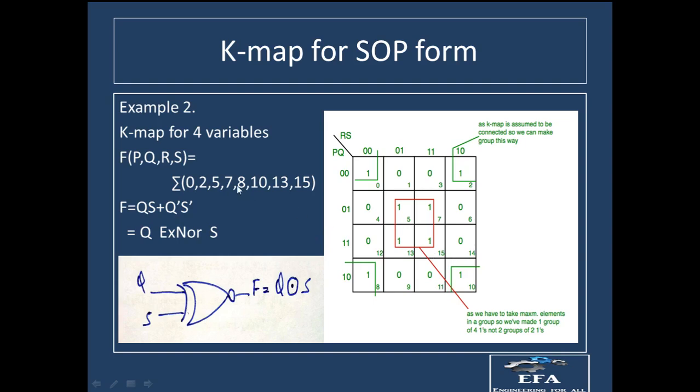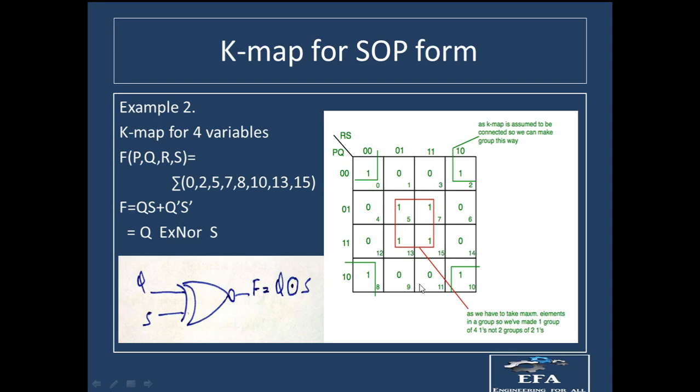Okay, so after that we have to put ones in those cells which are mentioned in this bracket, right? So we're having 0, 2, 5, 7, 8, 10, 13 and 15. So first of all in cell number 0 we'll put a 1, in cell number 2 we'll put a 1, in cell number 5, 7, 8, 10, 13 and 15, right? So all the ones have been inserted in the boxes, right? So the rest of the boxes we can either put a 0 in those boxes, or we can leave them empty, right? Because these will not make any difference in our output.